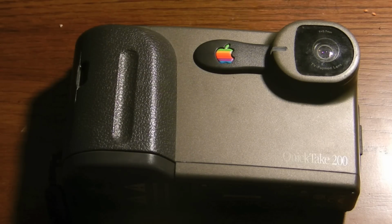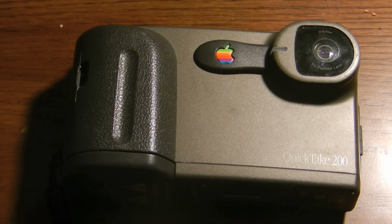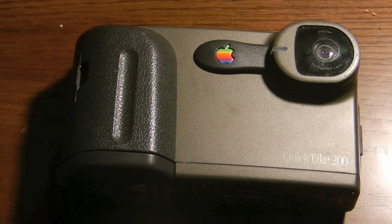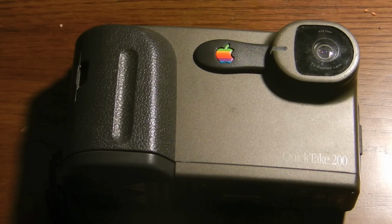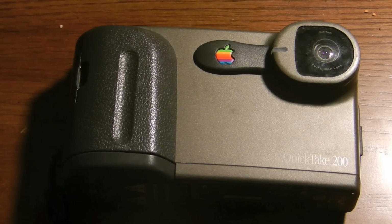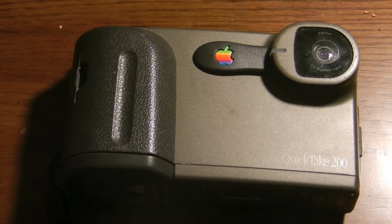But if you do, you should know that it's incredibly small memory. Just to compare it to a song, usually a song on iTunes or on the internet, or if you have it on your computer, is about 8 megabytes. So about a good 5-minute long song is about 8 megabytes, 10 megabytes. So just to compare how small that actually is, I've taken pictures on here before, but I've never gotten them